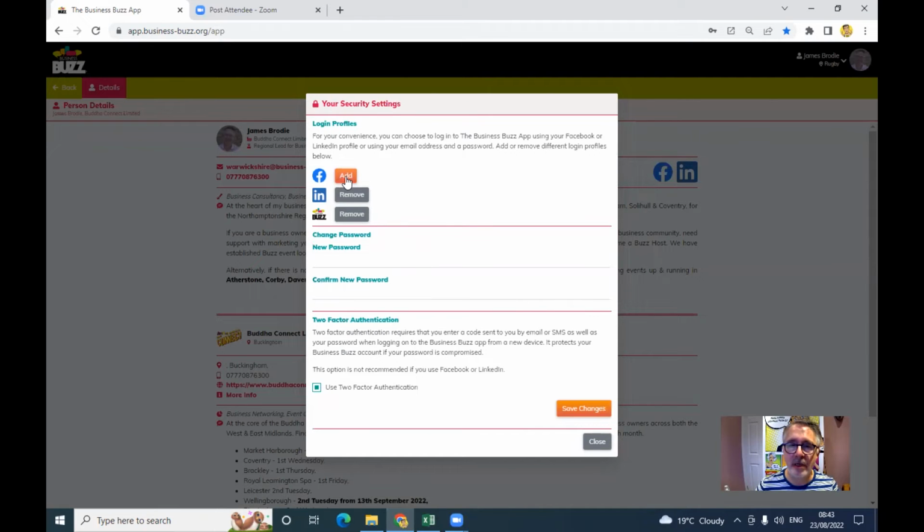I don't particularly have a Facebook account that I want to add here. Got my LinkedIn account, I've got my Buzz login account. You can update and change your password here. And I also have two-factor authentication. So if I'm logged out by mistake on my mobile phone, when I try to log back in, Buzz will send me a passcode to make that